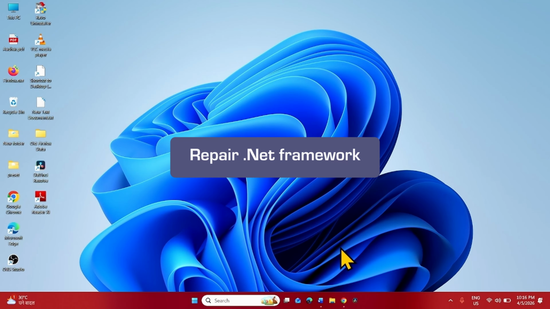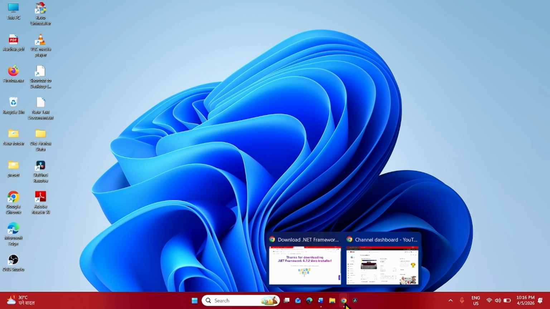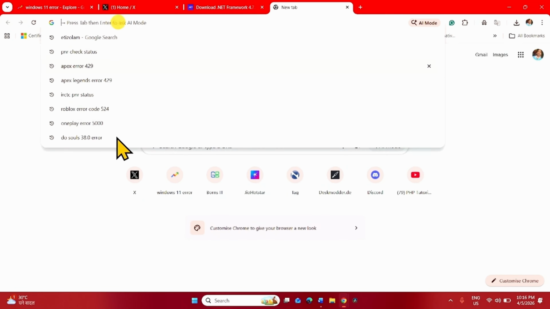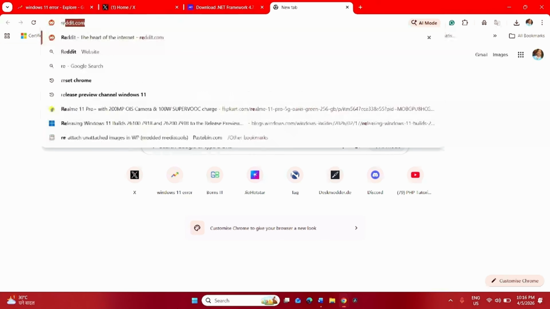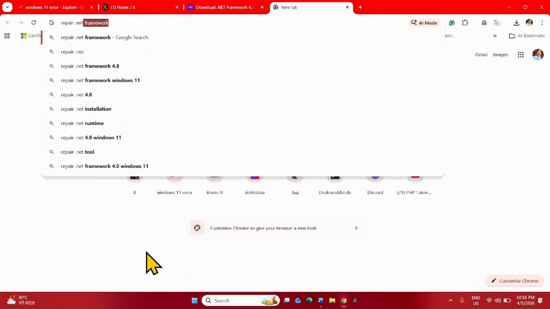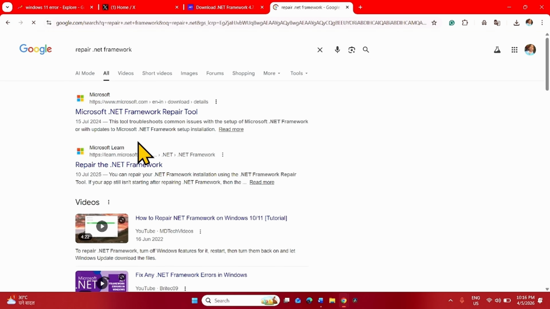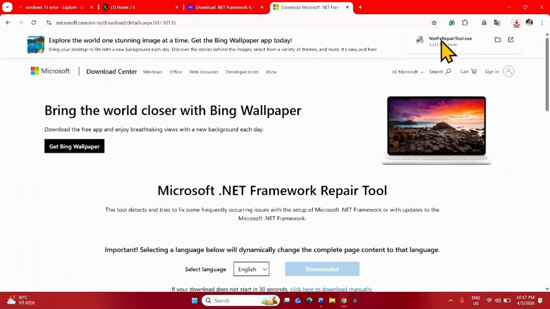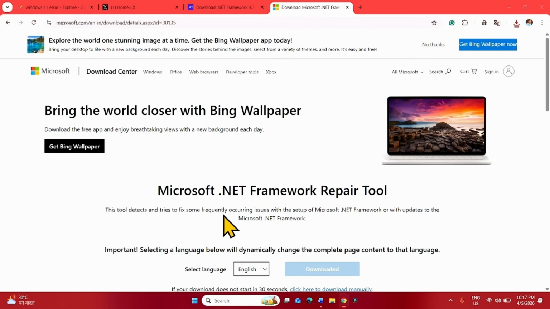If the error still appears, repair .NET Framework. For this, go to a browser, type repair .NET Framework in the search and click on this link, Microsoft .NET Framework Repair Tool. Click on download, click on the exe file,